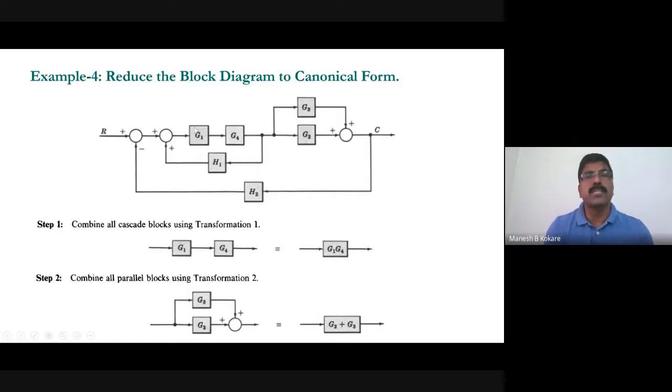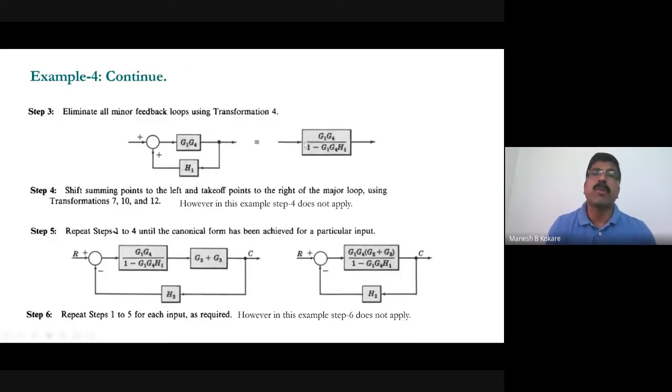So this Z1 Z4 and H1 can be reduced into a single block, and that will be in cascade with this one. So what will be the transfer function of this Z1 Z4 and H1? Since this is a positive feedback, the overall transfer function of that block will be equal to Z1 Z4 divided by 1 minus, why minus? Because this is positive feedback, 1 minus the transfer function Z1 Z4 into H1. So this can be reduced into a single block, Z1 Z4 divided by 1 minus Z1 Z4 into H1, right?